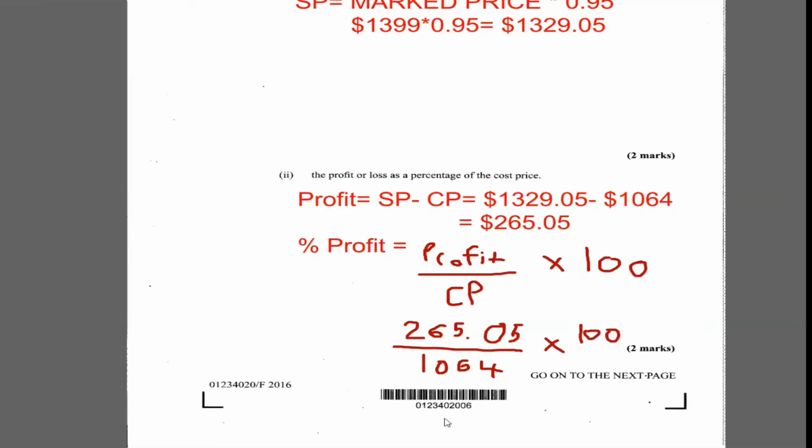And what is that going to be equal to? That's going to be equal to, let's see what we get. 265.05 divided by 1,064 multiplied by 100. That's 24.9% profit. 24.9% profit. So he made a lot of profit from selling his computer, which is crazy because when you think